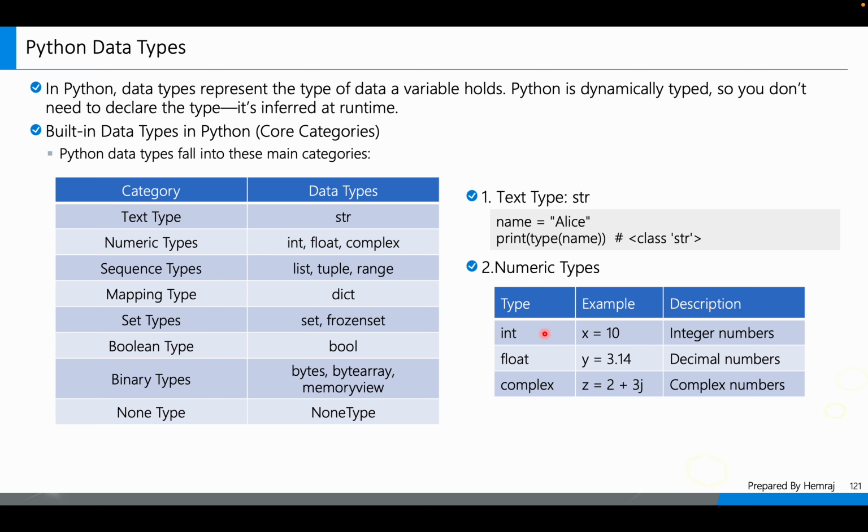Numeric types, integers, x is equal to 10, it is a whole number. Float, y is equal to 10.14, decimal numbers. Complex, z is equal to 2 plus 3j, complex number. These are the numeric types,